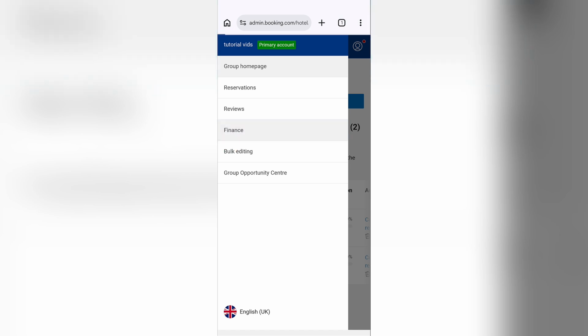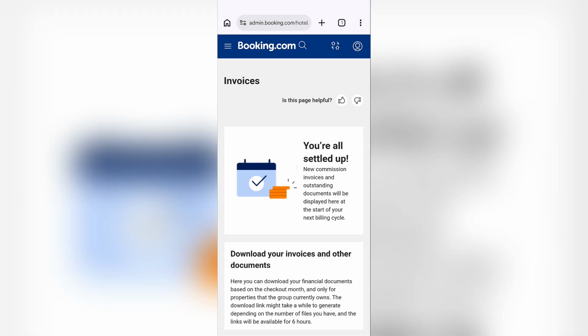Select finance option from here, and after going in the finance option, you will see the option of invoices in very top. Now, if you have any overdue invoices available in this page, you can very easily see it in here. Just simply select the overdue invoices which you would like to pay for, and after selecting that specific invoice